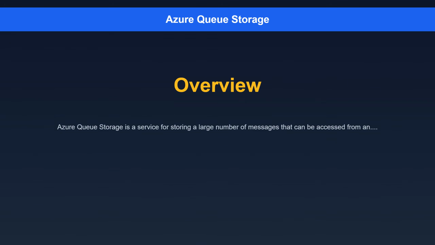Azure Queue Storage is a service for storing a large number of messages that can be accessed from anywhere in the world via HTTP or HTTPS. It's a key component for building asynchronous communication patterns between different parts of an application, often referred to as producers